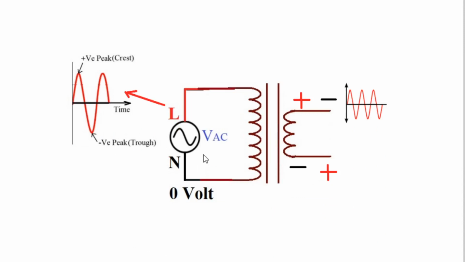Normally the 230 volt AC is applied to the primary of the transformer, and live and neutral, these are the two terms. Neutral is electrically neutral. In understanding the rectifier circuit, it is a step down transformer, so the secondary voltage is less than the primary voltage. When the upper terminal of the secondary of the transformer is positive, the lower is negative, and when the lower terminal is positive, the upper is negative.